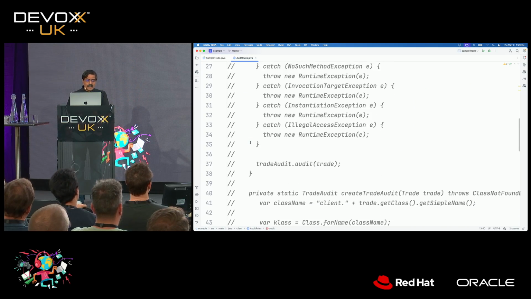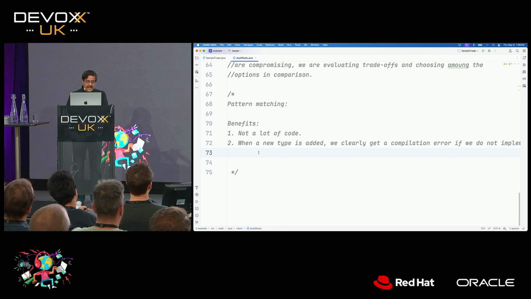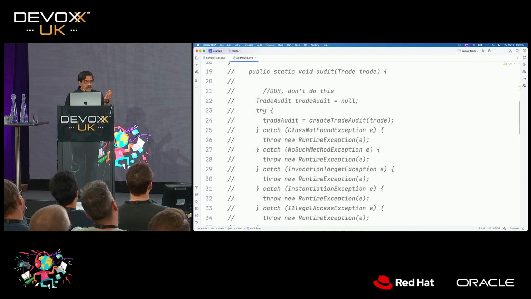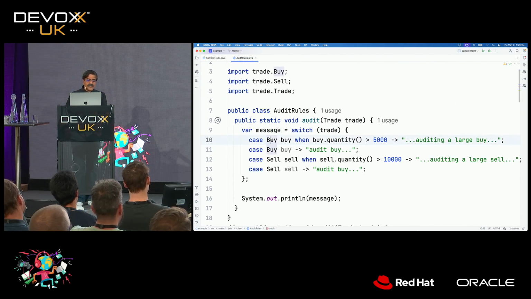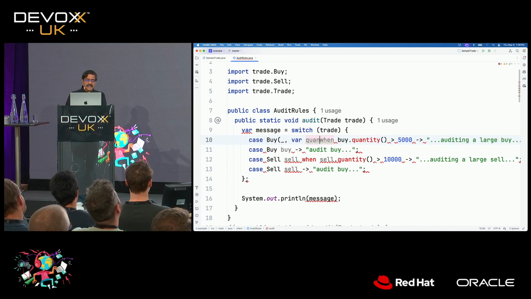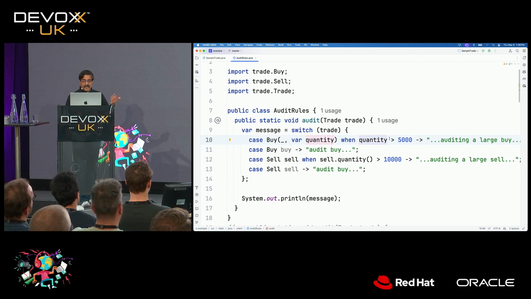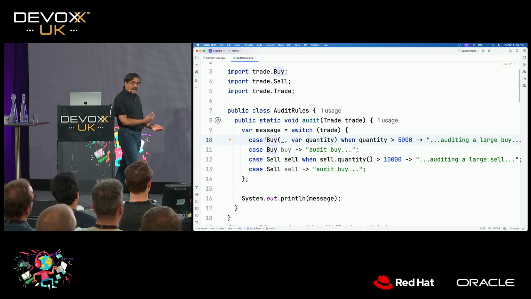As a bonus, you can also make the code even more concise, right? So the code can be highly concise. And how is that? So let's take a look at how it can be. So now that we use a record, you got a little bonus here as well. So you can simply say by, and in this case, you can simply bring in the quantity, if you will, and as a result, you can simply say the quantity directly rather than having to really use the by if you don't care about it. So this is destructuring you can use for your records as well.